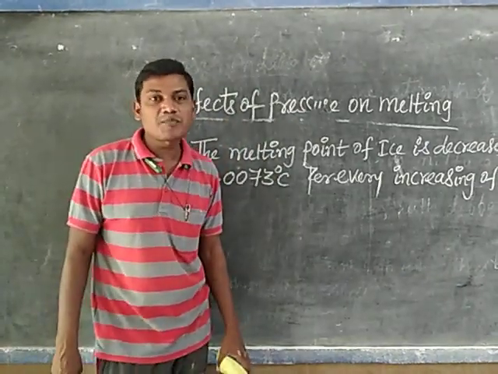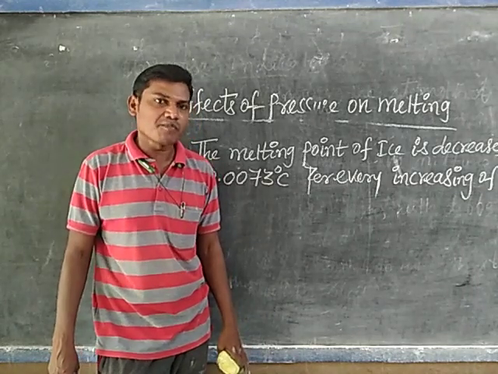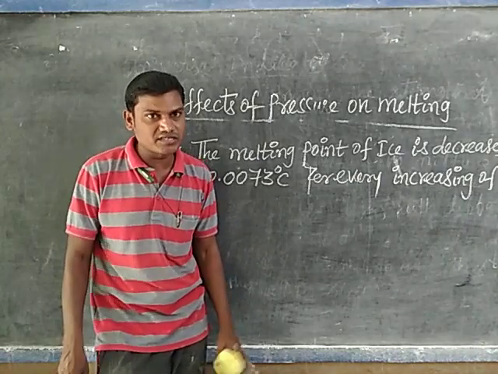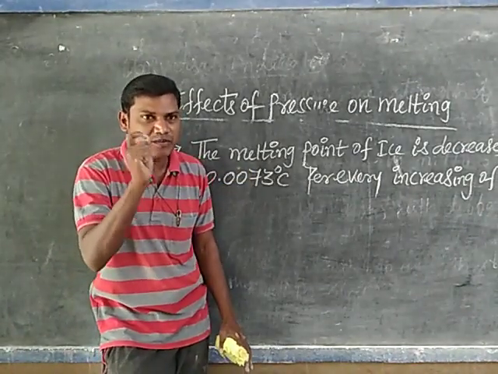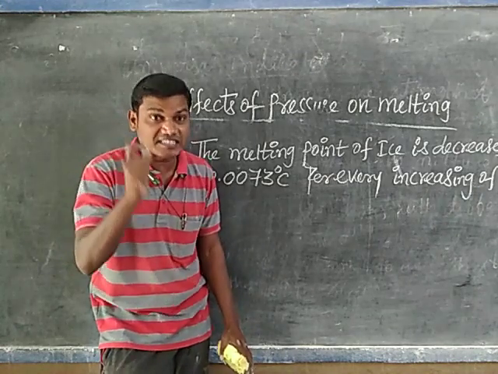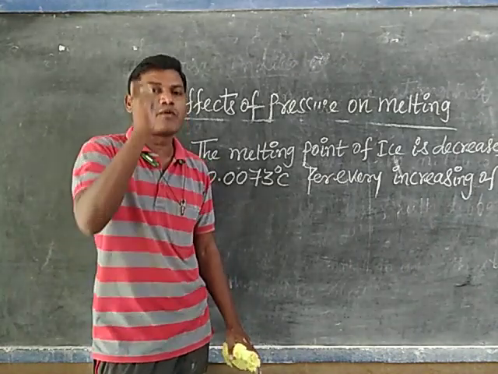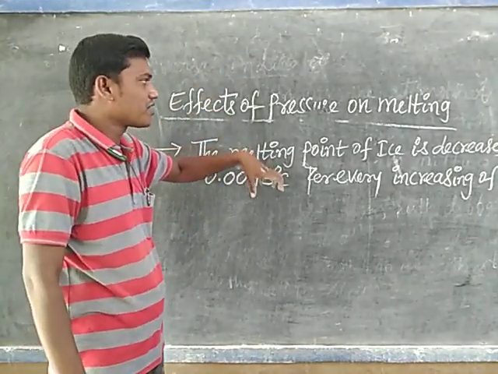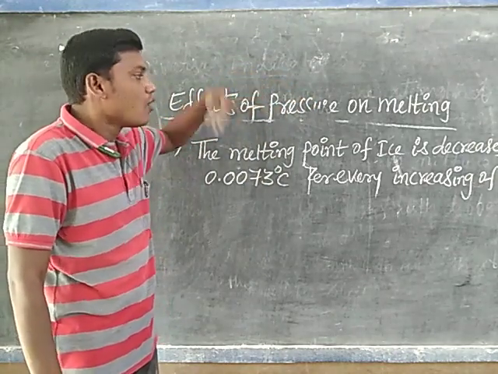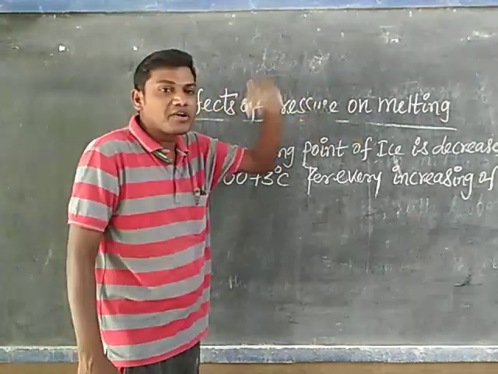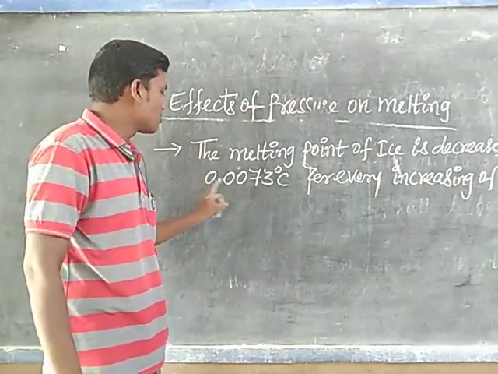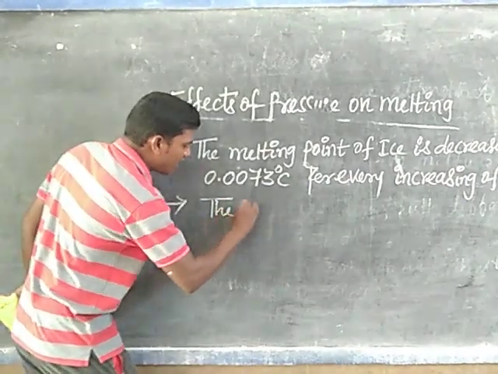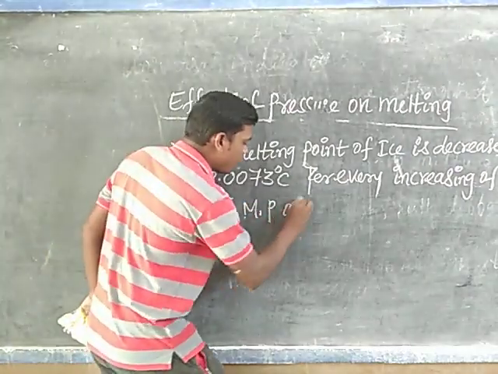We know that 1 atmospheric pressure means 1 into 10 power 5 Pascal, as in 9th standard level. In the chapter on floating bodies I will explain clearly: 1 atmospheric pressure at normal temperature or STP is 1 into 10 power 5 Pascal. So for every 1 into 10 power 5 Pascal increase, during melting the temperature of melting ice decreases by 0.0073. But in the case of the melting point of wax,